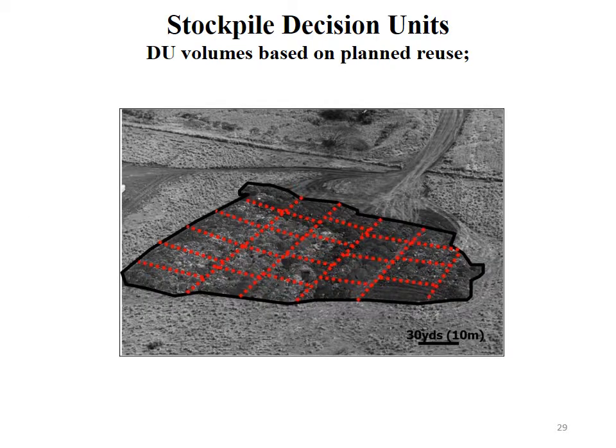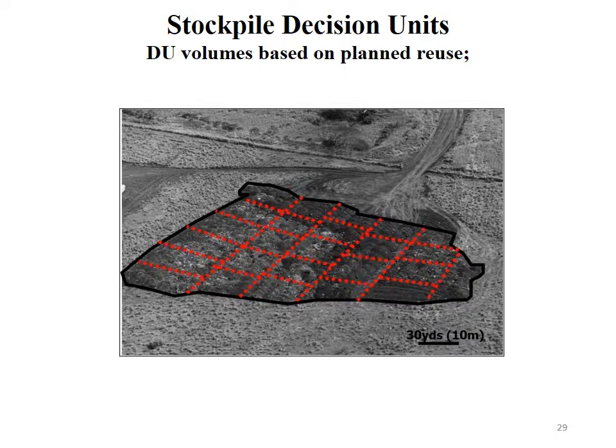And a final basic example I'll give you is our stockpile decision units. So this is an area in which trucks had excavated an area which was later suspected of contamination, dumped these stockpiles in many, many piles across this large former agricultural area. And so to sample those areas, those stockpiles were knocked down for access to the area and sampled in an area that was based on the planned